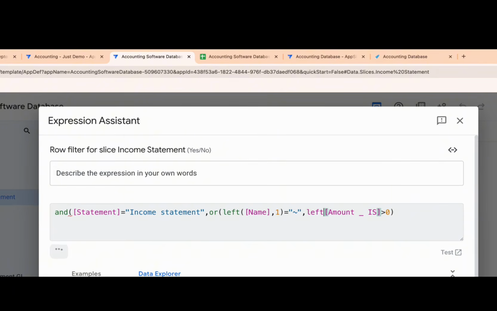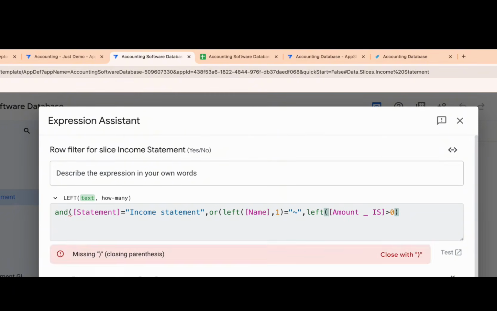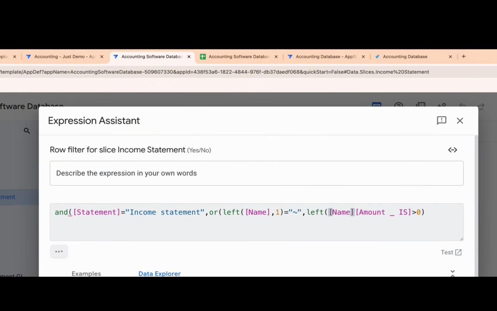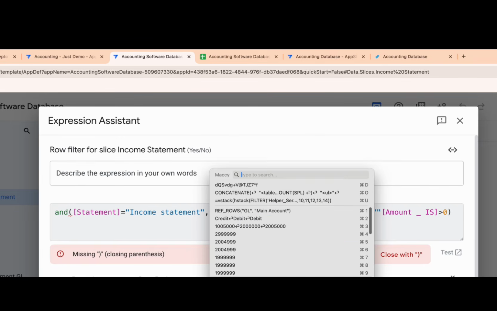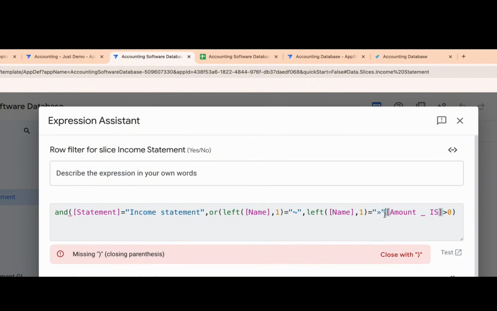Or left name 1, right? Good. Left name 1 is equal to Control Shift C, this guy, or the amount must be greater than 0.